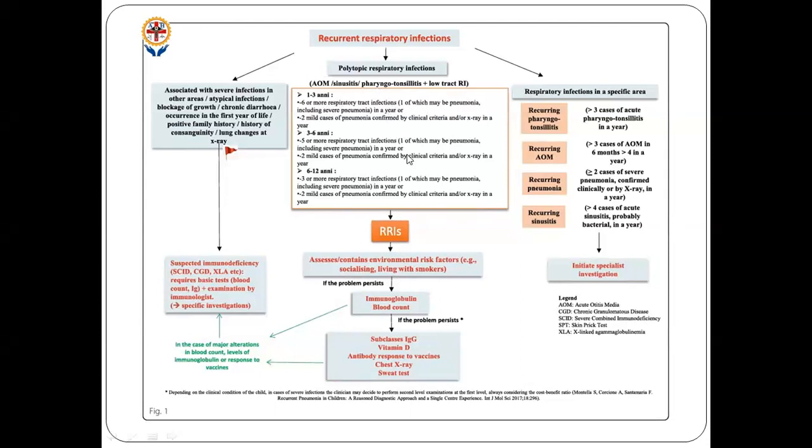As per the definition, if the child falls into recurrent respiratory infections, what do you rule out first? First, you follow the schematic approach of history and clinical examination. First you rule out social causes and treatable causes like allergic rhinitis and other common treatable causes, such as daycare syndromes and recurrent URTIs. If you rule out all the common causes, next you should